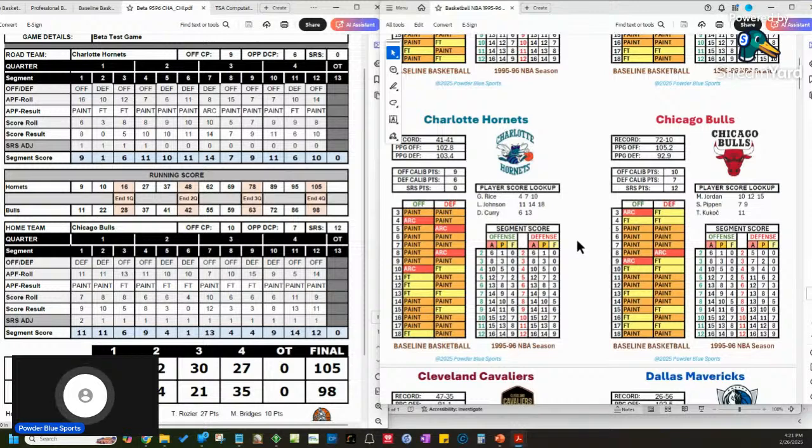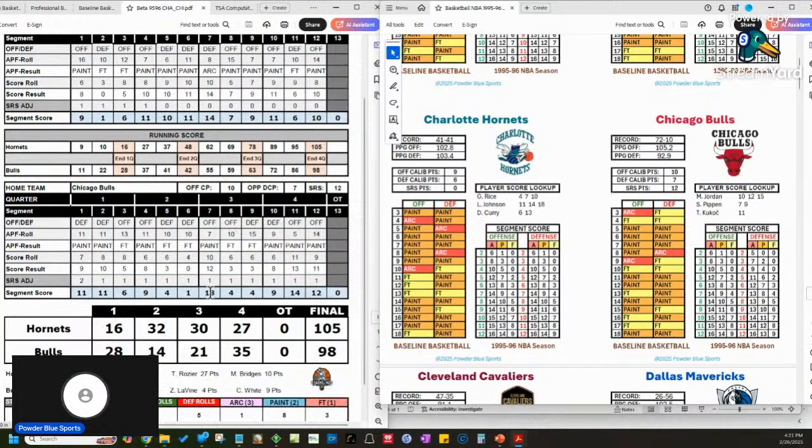So let's go to the player lookup score here. You notice at the bottom here, we've got some individual scores. Again, these are just the top 3, just as a novelty. I would say they're pretty accurate, since these numbers are based on a percentage of that player's team score for the entire season. So for Glenn Rice, if he had a,